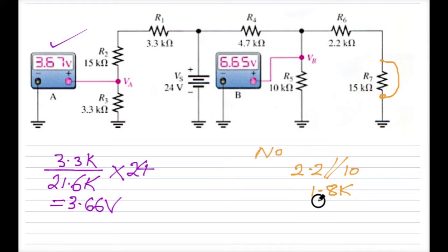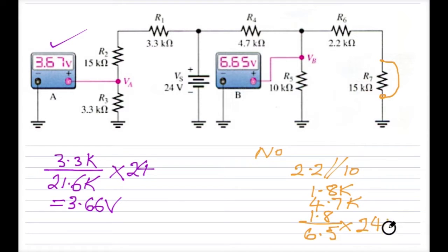If that's 1.8K plus 4.7K, that's going to be 6.5K. So it'd be 6.5, and then we'd have the 1.8 over the top of that, and then we'd multiply that by the